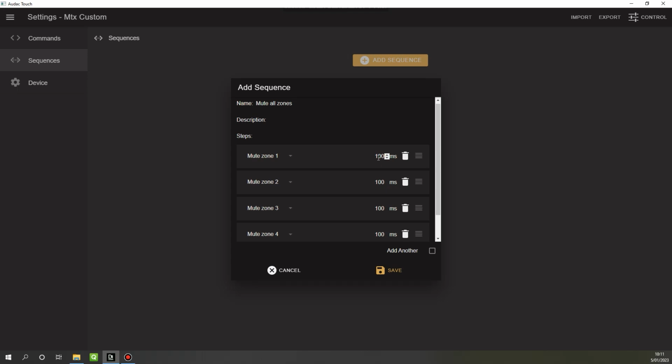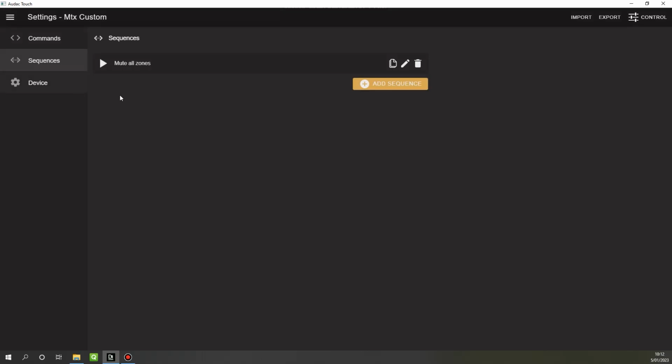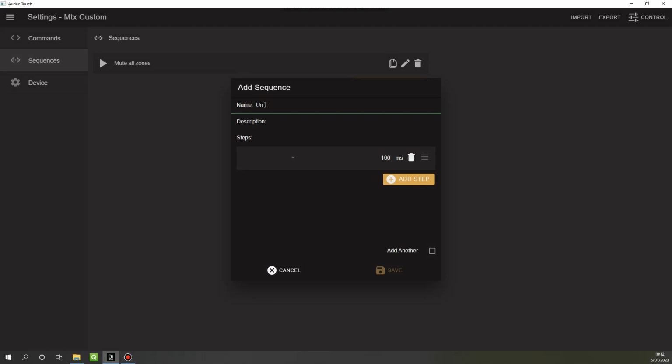Please note that you can specify a delay between sending the commands. So after mute zone 1 has been sent, AUDAC Touch will wait 100 milliseconds before sending out the second command. It's always best to have a safe margin between the commands to be sure that your device accepts them. But you can play around with the delay time. By saving this, I have created the first sequence, and also, of course, let's create another one that says unmute